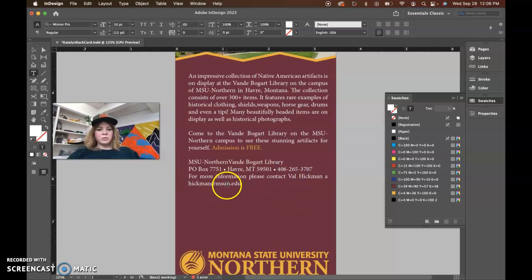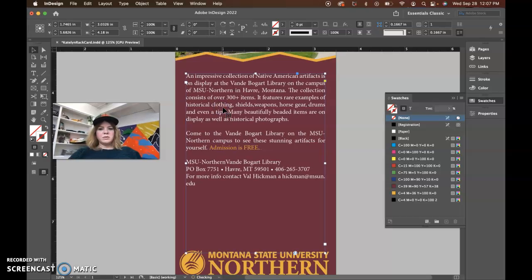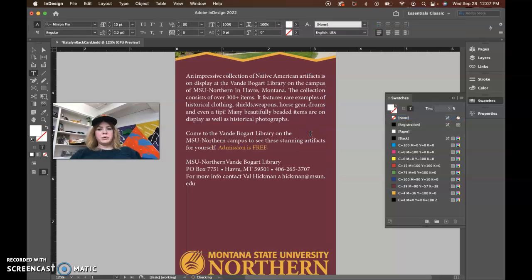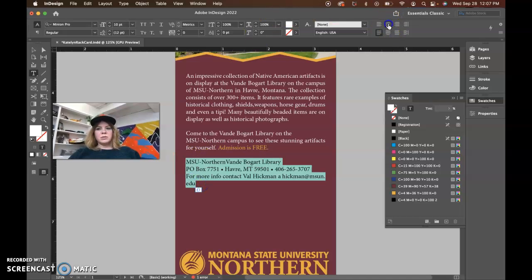I don't want this on its own, so yeah, for more information, please contact. It might have to be, let's get rid of please, maybe. We could do info contact. Still not wanting to fit in there. Let's center this. Might have to put a return here. I don't really want to have to do that, but that's okay. And then let's center this. And